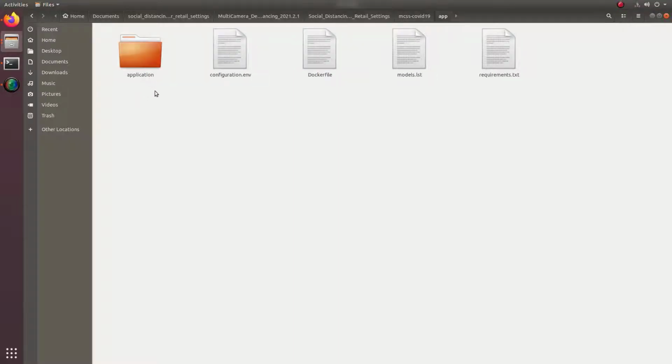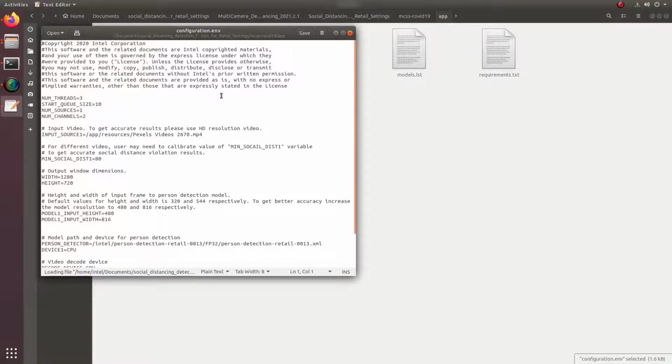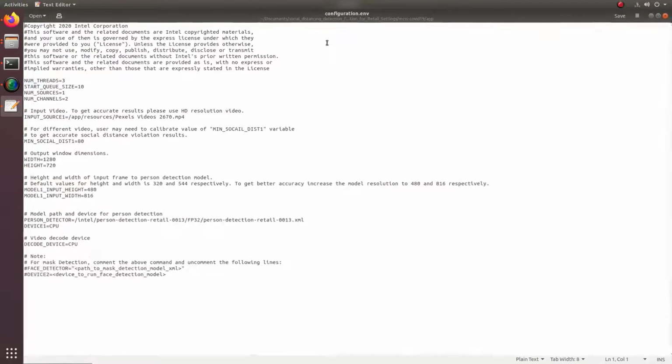In the application folder, you will find a file named configuration.env which contains all the settings of this application. In this file, you can change specifications such as input video, the number of input sources and channels, minimum social distancing requirement, device selection to run the inference and decoding device.